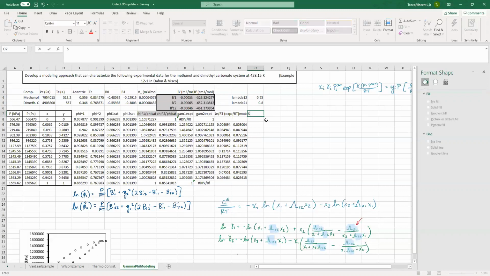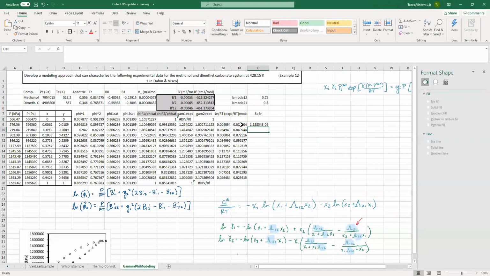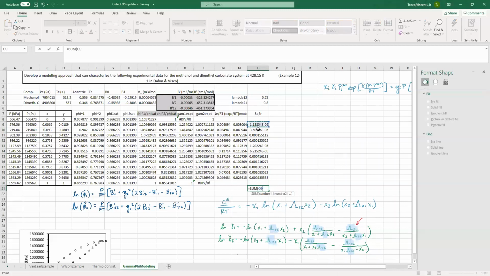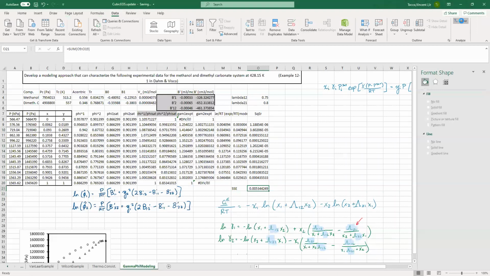Now let's make a squared error column and say this is equal to this minus that, squared. So difference in the exponent, the experiment and the model. And I'll copy that all the way down. I'll make a sum column, so equals sum of all these. Oops. This is my sum of squared errors, and now I'm going to use my favorite solver, so Data, Solver,